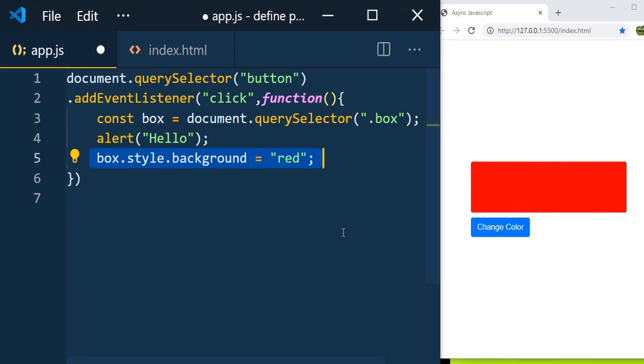And here we can see that alert box, but normally we have some task that runs in the background which will take 5 seconds, 10 seconds, and in that case the rest of the code has to wait until it completes its task. So to avoid this we have the concept called asynchronous code. So let us see what is asynchronous code and how it works.